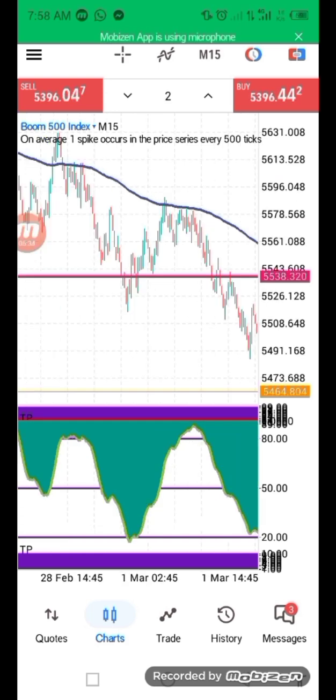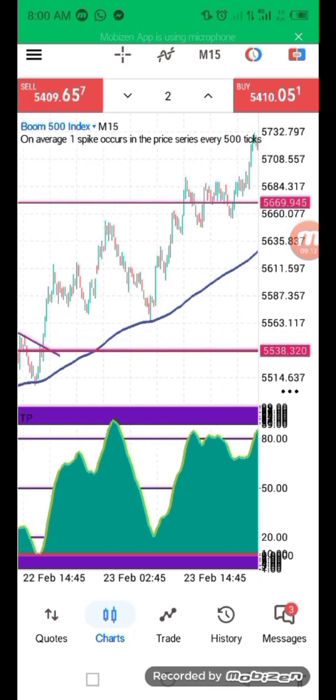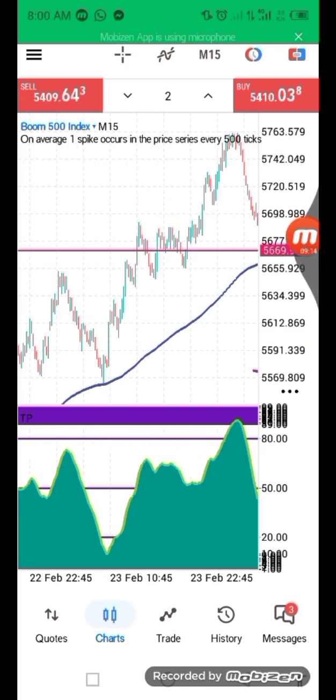Let's just do a back test on Boom 500. Price moves all the way down from the moving average, acting as a resistance while the MACD remains negative. Then here, price here is acting